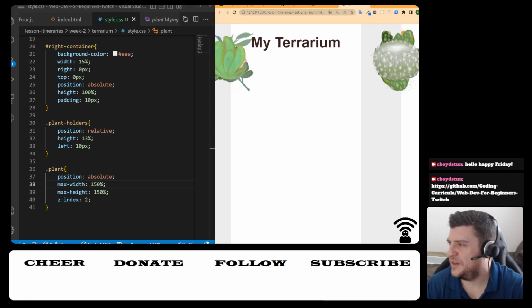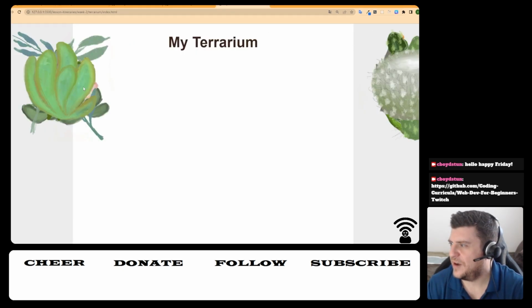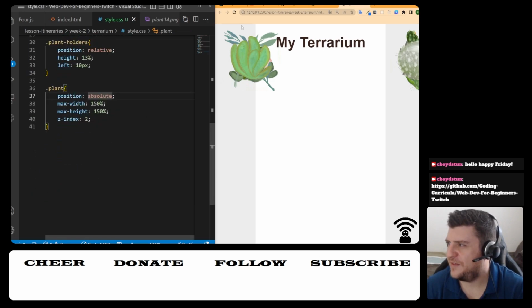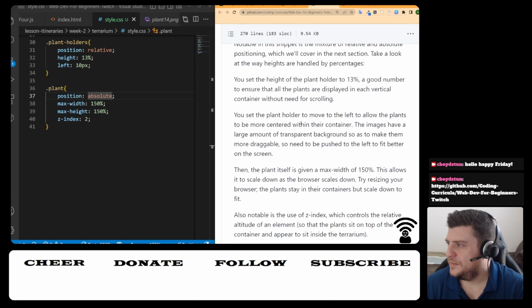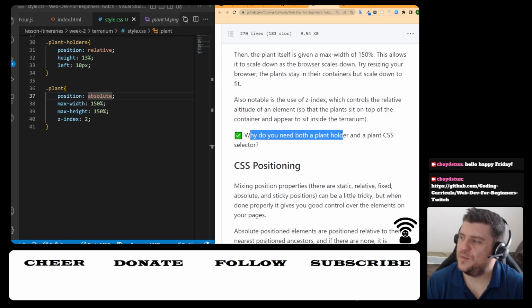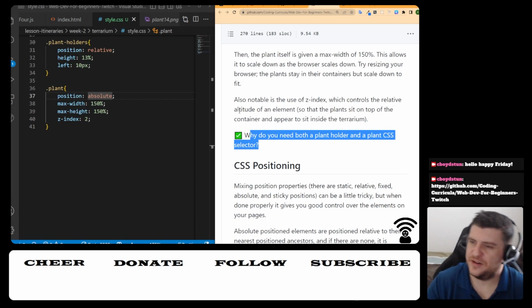So now what's happened is all of the plant images, 7 here and all 7 here, are on the left, stacked up. Plant holders are relative. Plants have absolute. So why do you need both a plant holder and a plant CSS selector? Because we're going to be dragging and dropping